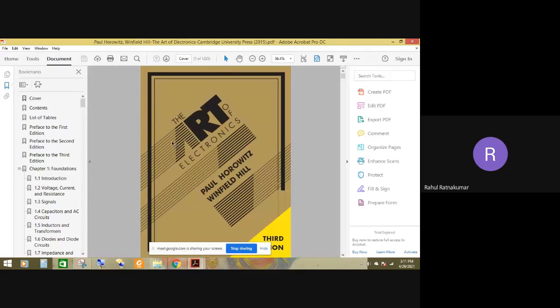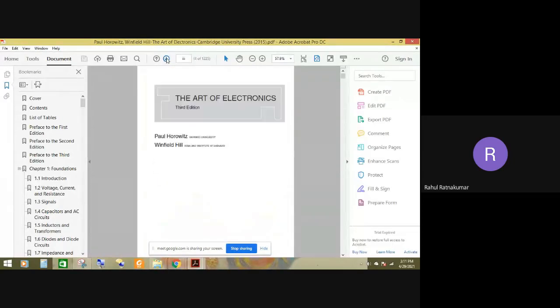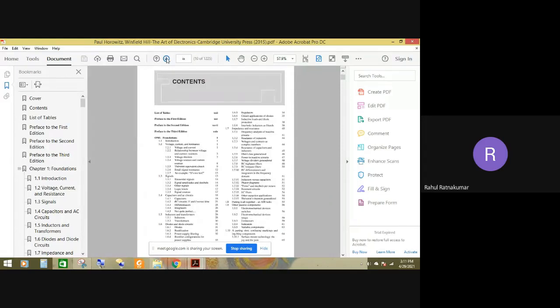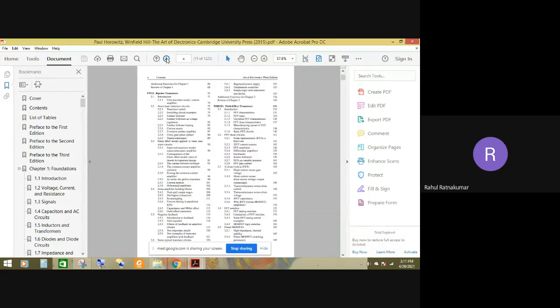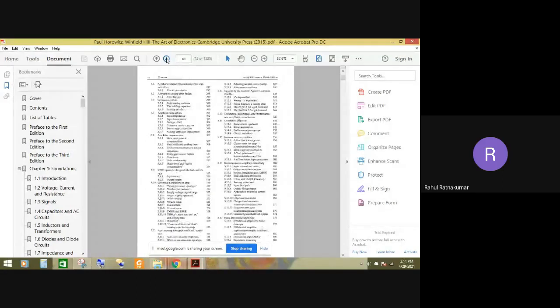So this is a very famous book. If you have a lot of interest in electronics, this is the book for you. Although it is like a Bible, it contains a lot of things, like digital electronics, hobbies, circuit designing tips, jokes, and practical things you can learn from. With respect to the course, it can give you a lot of motivation.